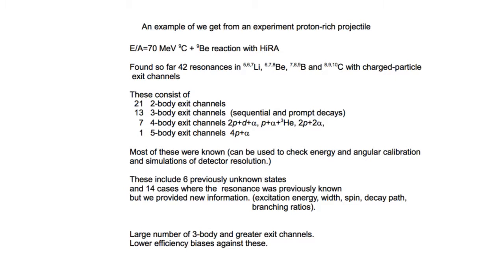Some of them are close to our projectile, like carbon-10, carbon-8. So these are simple removal or addition of a particle, but some of them are a long way away, lithium-5, lithium-6 states. So we're looking at a variety of reaction mechanisms producing these resonances. The interesting thing I find is the relative number of 3-body and higher order resonances that we see. I should also point out that our efficiency for determining these higher order resonances is much lower. So in reality, if you could correct for that, more than half the resonances we see are these